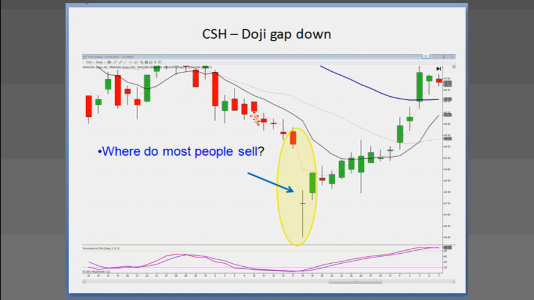identification, in that if we see a doji in the oversold area at the bottom of a downtrend, this far away from the T-line, one of the caveats we have about the T-line is the further away you are from the T-line, the higher the probability that it's going to come back up and test the T-line. So if we see a gap down doji, the next day they open up positive, very simple. Where's our first objective or our first target? The T-line. Worst case scenario is it comes up to the T-line and fails. We're back out of a bad trade with hopefully a small profit or at least a break even.